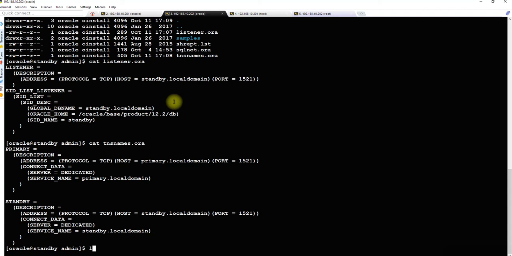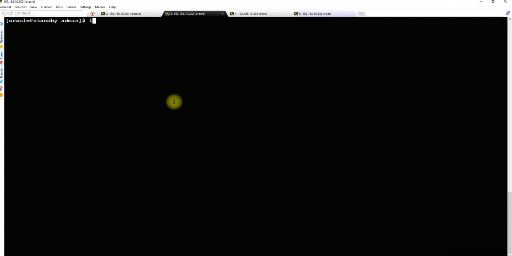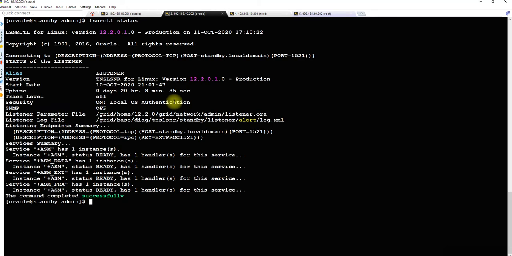Okay, so let's check if we can start it. lsnrctl status. Currently the listener is running, which is registered with the older one, right? And it is running from the grid home. We have to stop and start the static listener. Just a second.